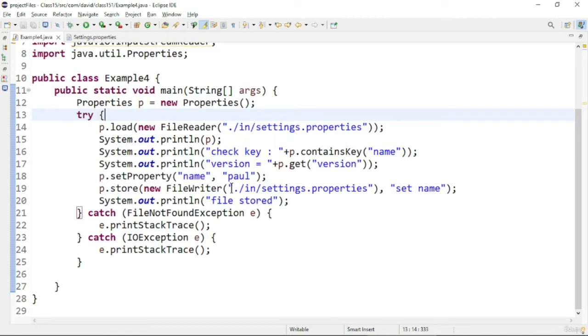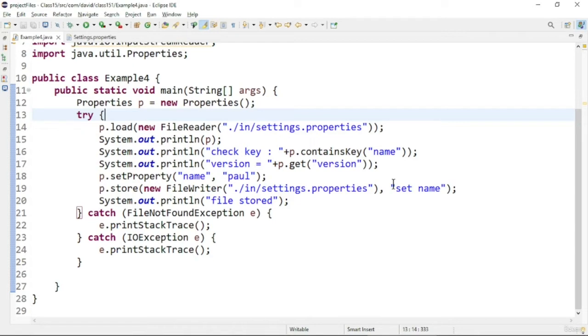So if you want to write the properties into a file, you can use the store method. The store method takes a parameter of a file object, as well as a string, which will be the message printed into the properties file after the successful writing of the file.